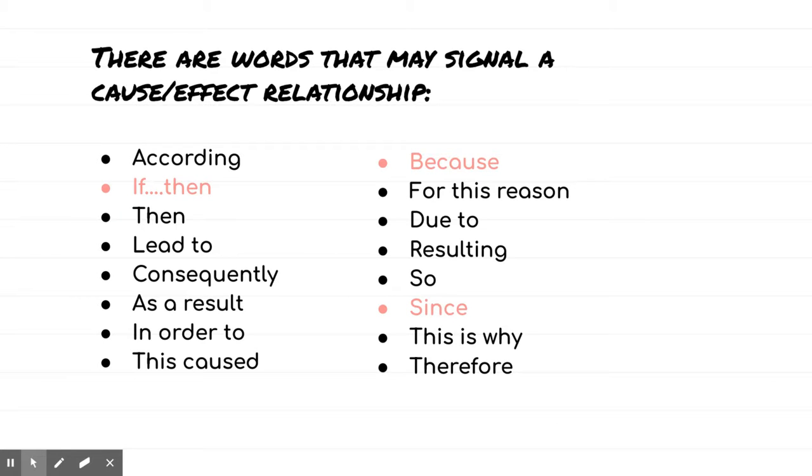We talked about that there are some signal words that might show us that a passage is a cause and effect relationship, but also in the video we watched, fourth graders, it discussed that just because a passage has these words does not mean it is a cause and effect relationship. So you have to read very closely to determine what kind of text structure it is. And some of the most important words that might signal you a cause and effect text is if, then, because,